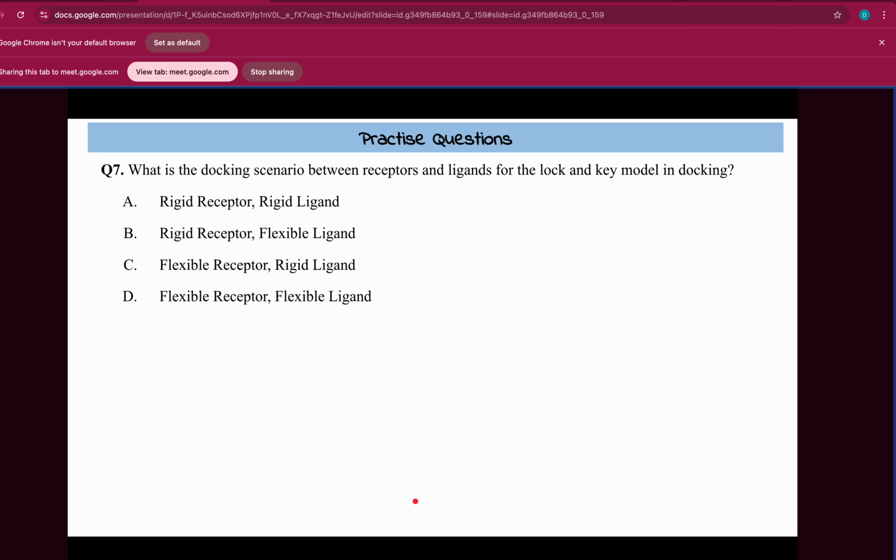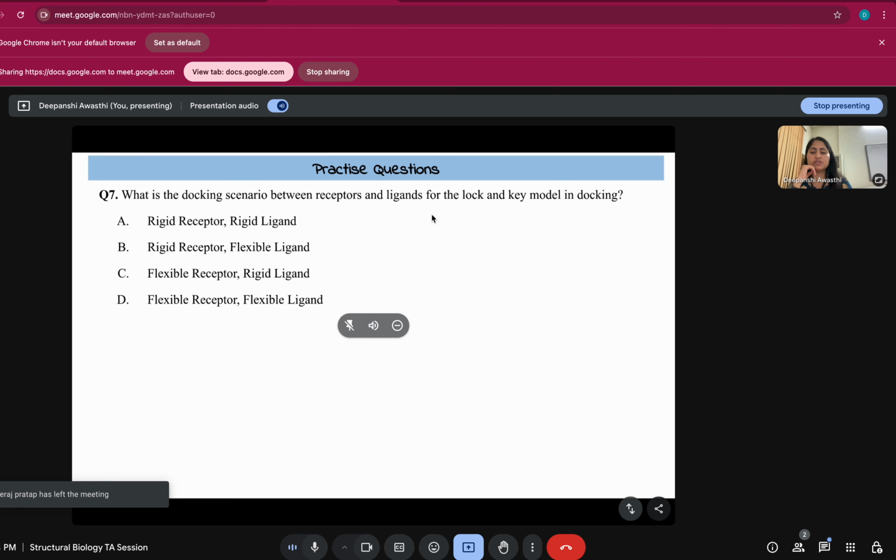So yeah. Now next question is, what is the docking scenario between the receptor and ligand for the lock and key model in docking? Option A rigid receptor, rigid ligand, option B rigid receptor, flexible ligand, option C flexible receptor, rigid ligand, option D is flexible receptor and flexible ligand. So in case of lock and key model,